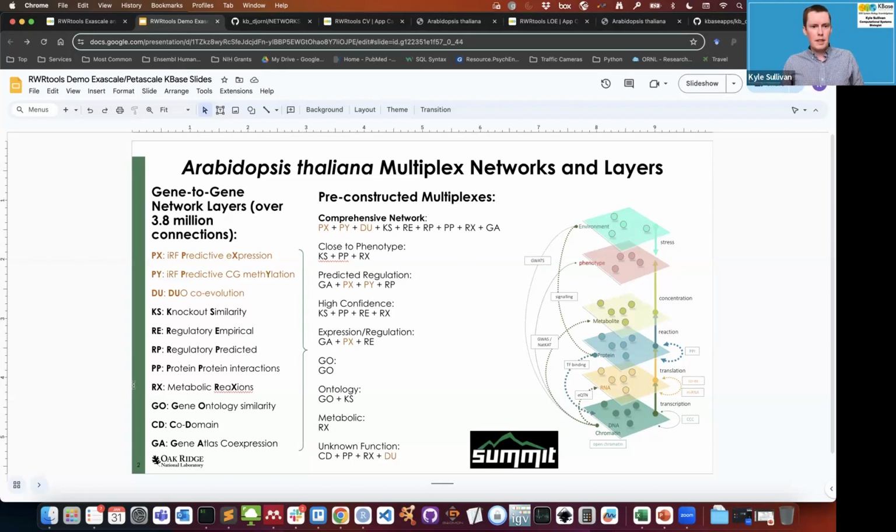Okay, so now that we've described the individual types of biological evidence contained within these individual network layers, let's talk about how we've packaged these together into a multiplex network, such as we've tried to illustrate on the right here, that we've pre-constructed for KBase users. And as I mentioned earlier, the reason that we're pre-constructing these is because typically the multiplex construction is one of the most time-consuming parts of this process. And so what we've tried to do is anticipate what some of the most common use cases would be for KBase users, and keep these available within our RWRtools apps,